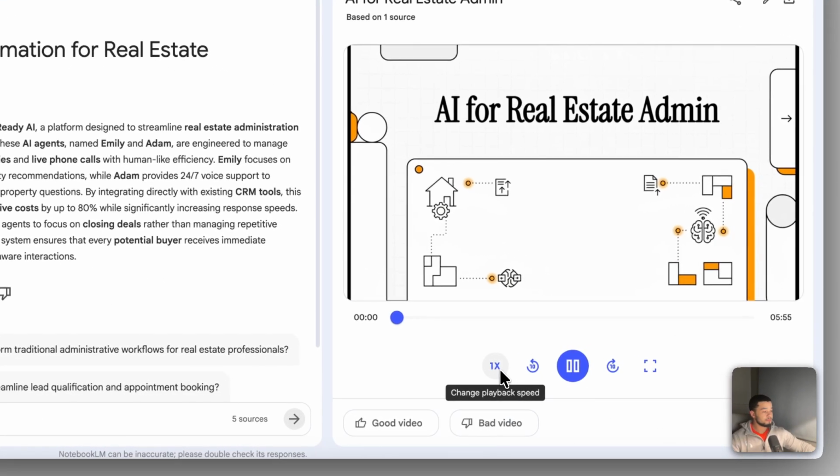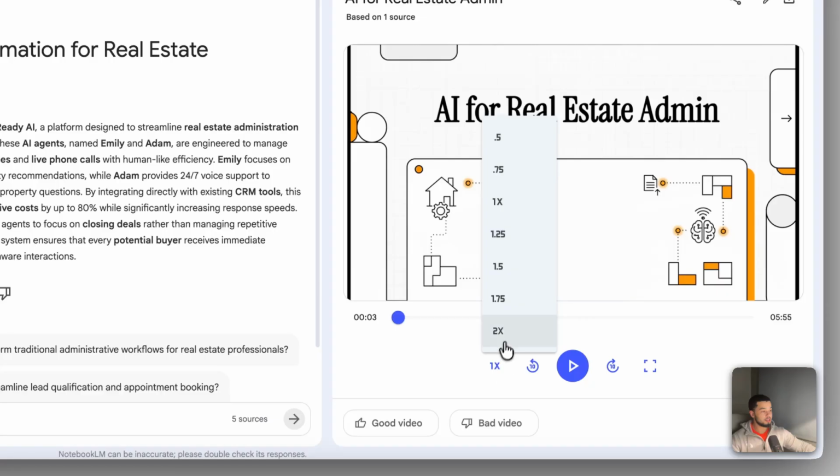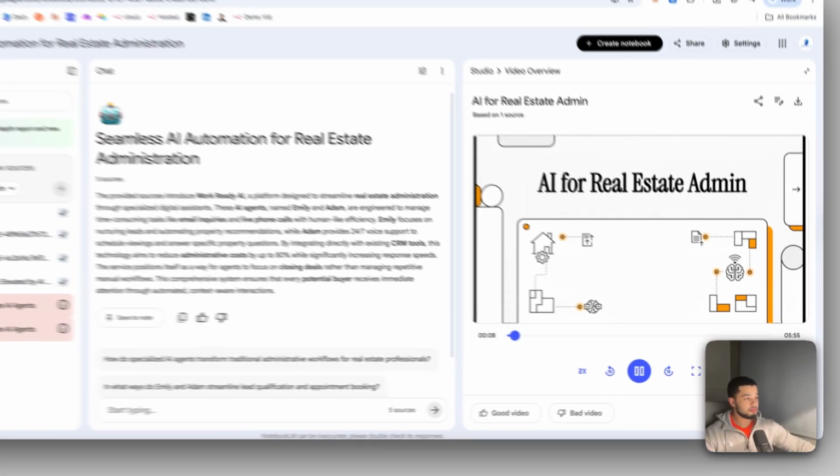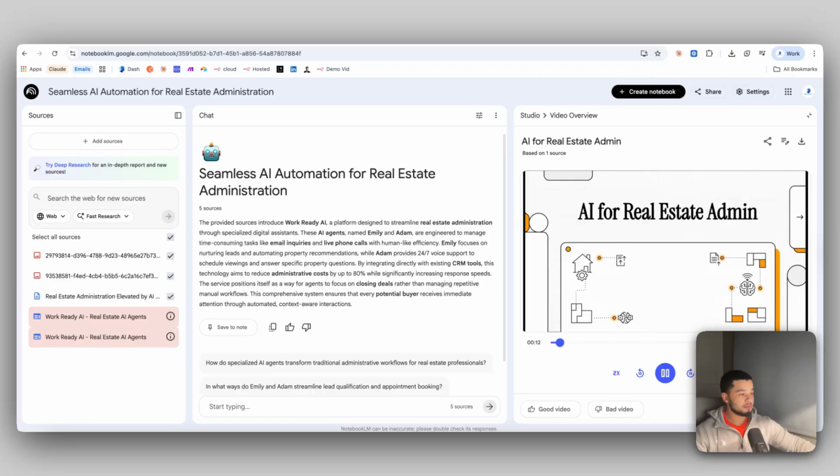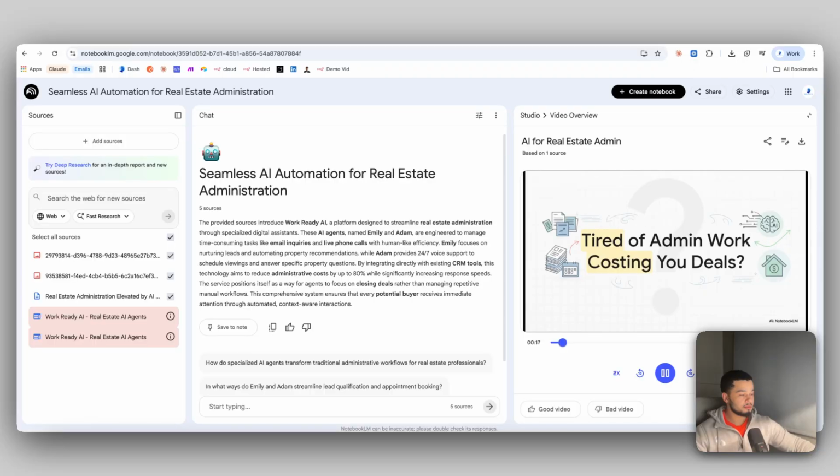All right, if you're in real estate, you get it. The admin work is just relentless. It's constantly pulling you away from the thing you're actually great at, which is selling houses and closing deals. So today, we're gonna look at a way to get all of that off your plate for good. I mean, let's be honest, how many times have you asked yourself this? You're juggling a million things at once, and while you're stuck doing paperwork,